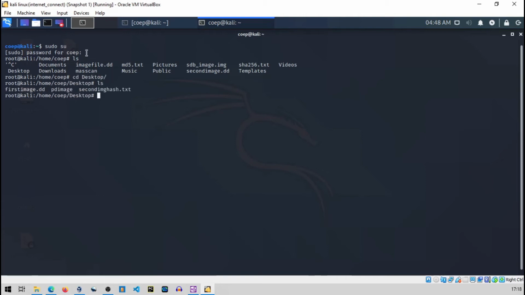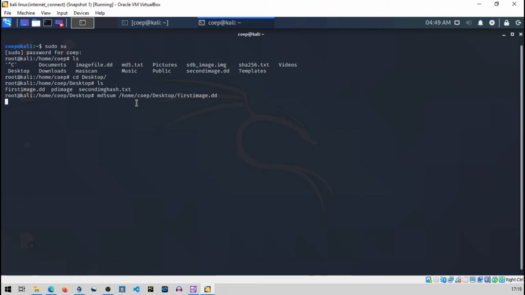Now I will calculate the MD5 sum for the previous command's output, the first image dot dd. So md5sum and /home/cap/first image dot dd.